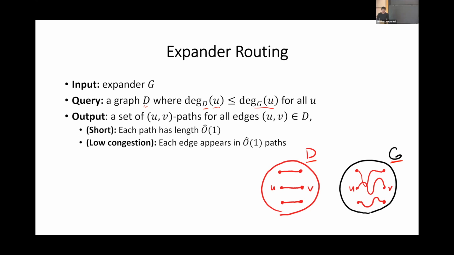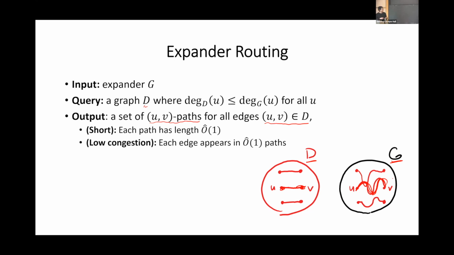And what I want to output is this. Basically, I want to output a set of paths, a UV path, for all edges UV in D. So think of each edge in D as a demand that you need to connect. If there is an edge UV in D, you need to find a path from U to V in the graph G. But what we want is that